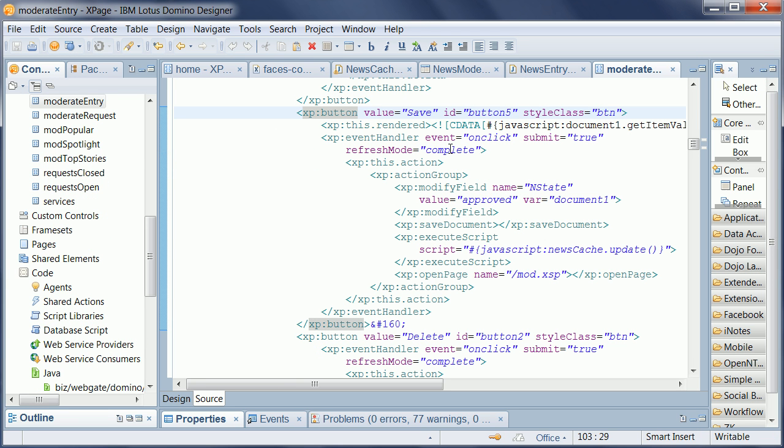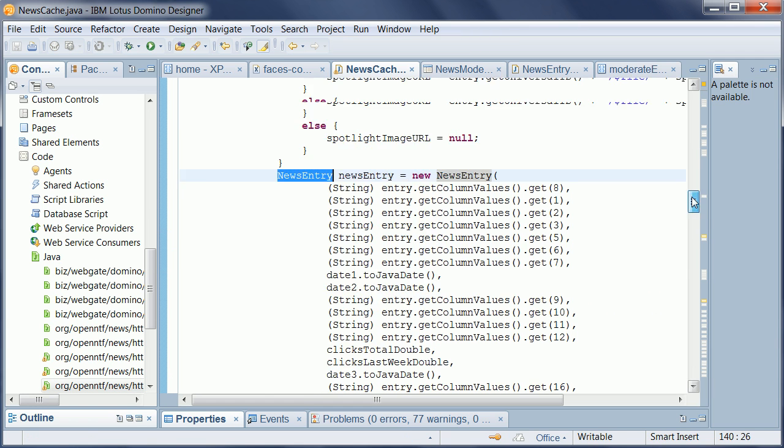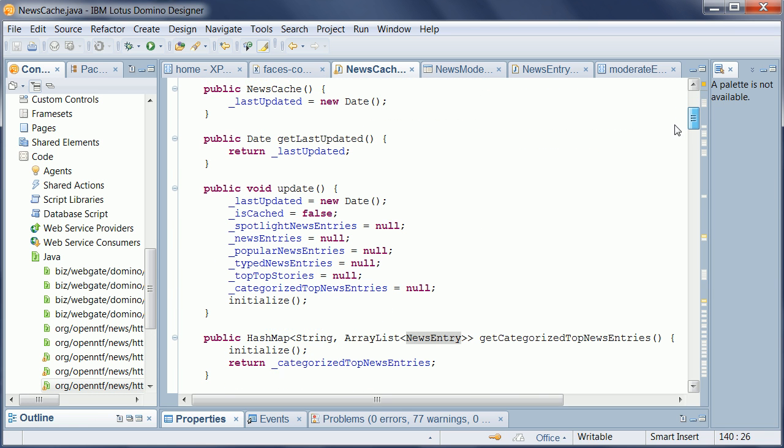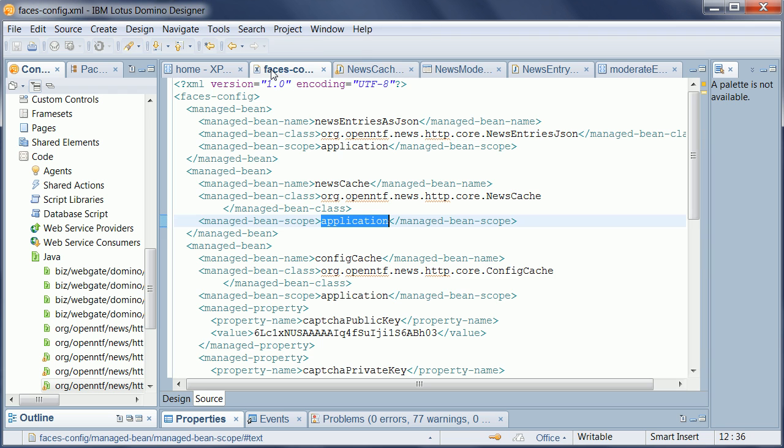This is the moderate entry XSP, and here is my save button. And all I really need to do here is to say newscache update, which is another method here in my newscache class. And all I do here is reset all private members and then call the initialize method again. And that's pretty much it. So it's really a simple mechanism, and it works very well for our scenario where most of the time the information is only read. And the same mechanism we actually also use